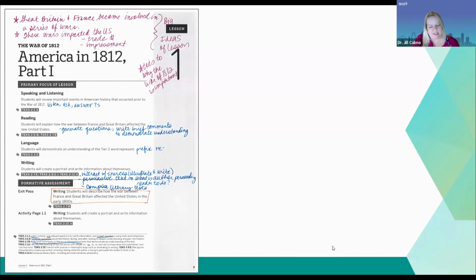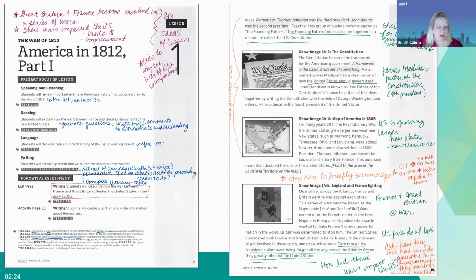Now, if we look at a page in the lesson, we can see how the teacher has written brief notes about each section. Also, we can notice how she's provided more engagement opportunities for her students by indicating other places where she can stop to make sure that students are understanding the content. She's written differentiated directions for her students based on their achievement levels. Also, she's added a note to ask students a question to make the content more relevant to their lives.